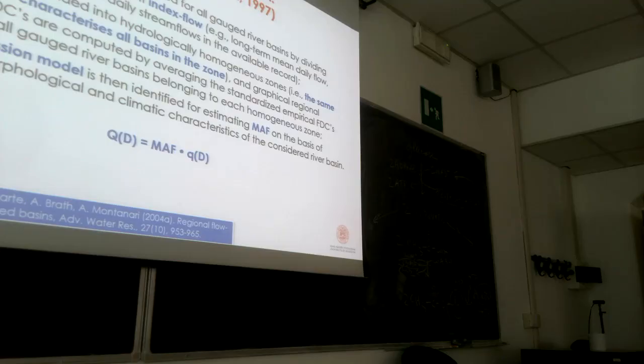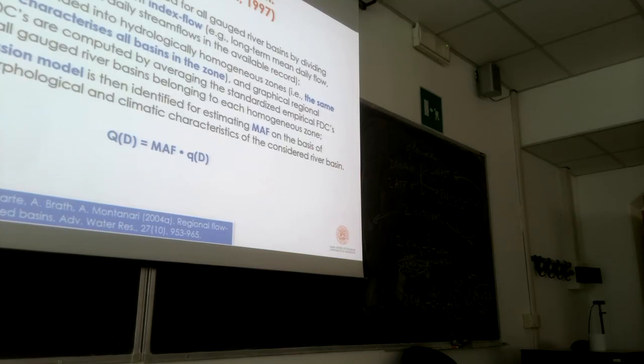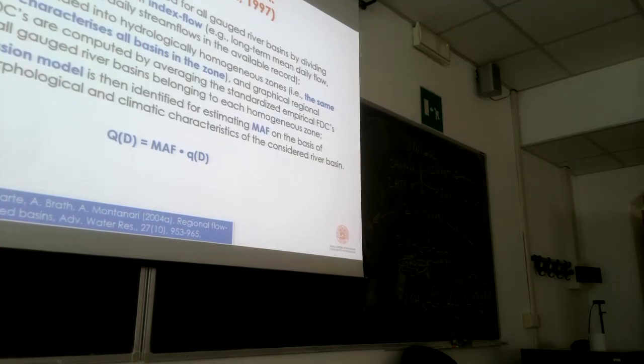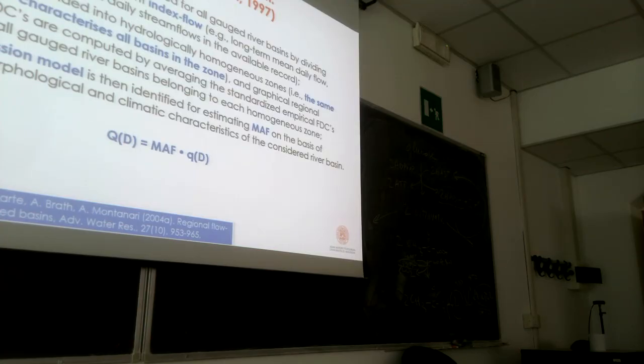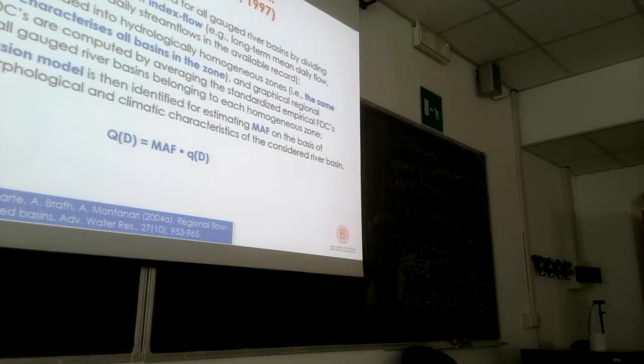As you can read here, it can be expressed as the mean annual flow, so the average stream flow in the long run, the average value of daily stream flow across several years, an average value that is characteristic for a given catchment, and it's a discharge in the strict sense, cubic meters per second, times a dimensionless discharge, lowercase q, that expresses the relationship between the mean annual flow and the duration, and this instead has a regional